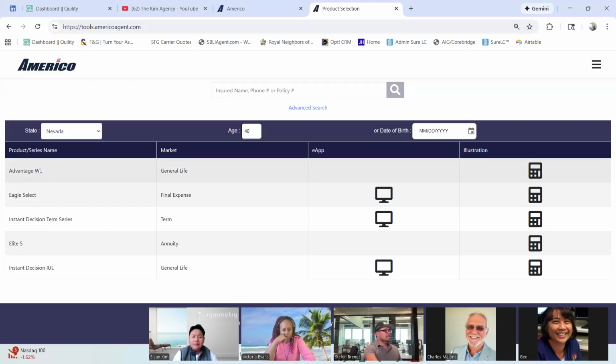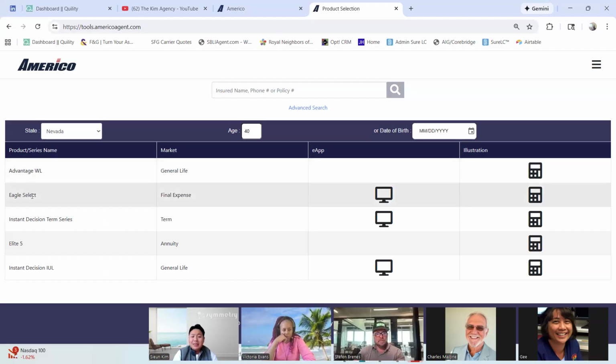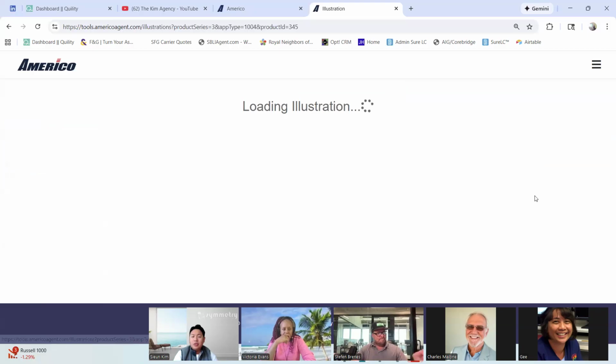So disregard that. Eagle Select is probably one of the most used final expense or senior whole life products for our agents. And the advantage of Eagle Select is that, first of all, the age went down to 40 years old. So you can cover clients between age 40 and 85 years old, which is a big deal. Okay. And when you click the illustration,